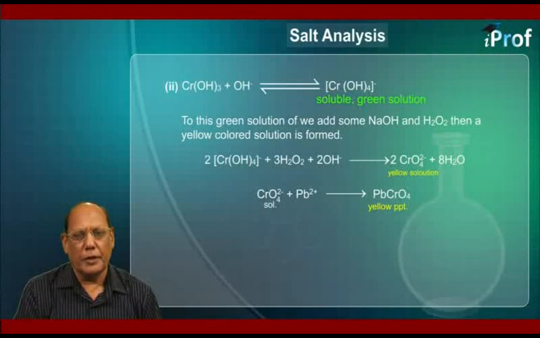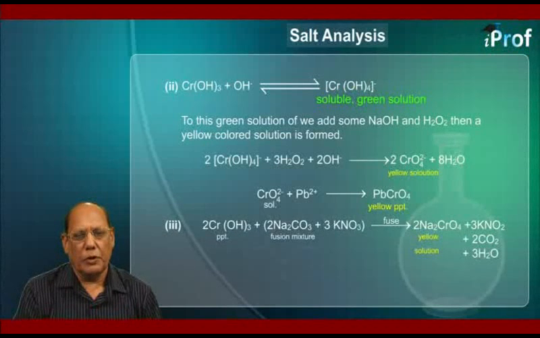To this green solution, if we add some sodium hydroxide and H2O2, then a yellow colored solution is formed. The reaction equation is 2[Cr(OH)4]- plus 3 H2O2 plus 2 OH-, giving 2 CrO4 2-. The chromate ions, they will form a yellow colored solution, plus 8 H2O. Now, finally, to this yellow colored solution containing chromate ions, if we add lead ions, we get a yellow precipitate